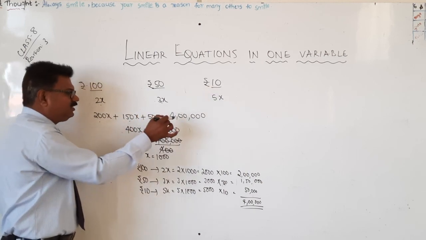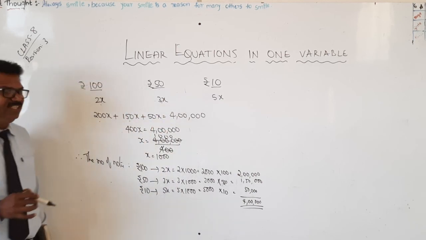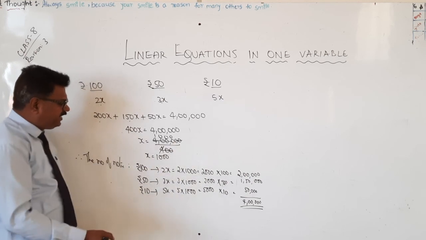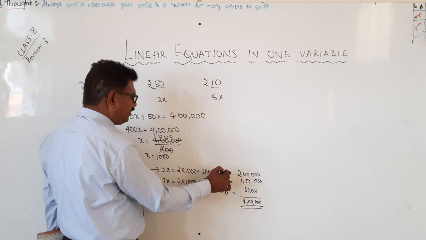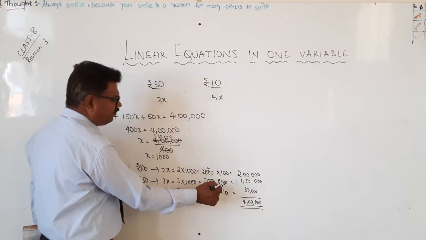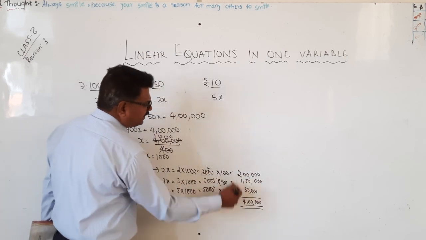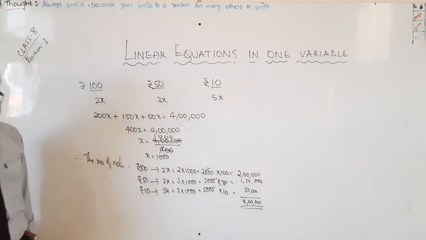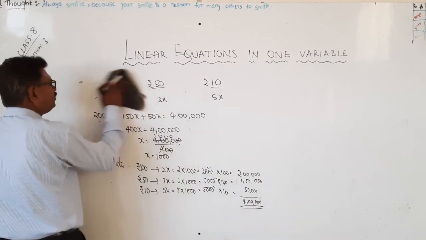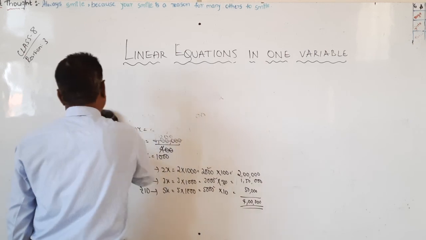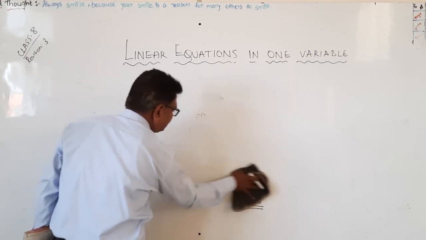The total amount as per this is 400x, but the actual amount is 4 lakhs. Therefore, if you do like this, 100 rupees notes will be 2000, 50 rupees notes will be 3000 and 10 rupees notes will be 5000. Therefore, like this if you do, the total amount will be 4 lakhs. Understood? So very simple problem. Only thing is you should understand, right? Okay. One more problem for this class.